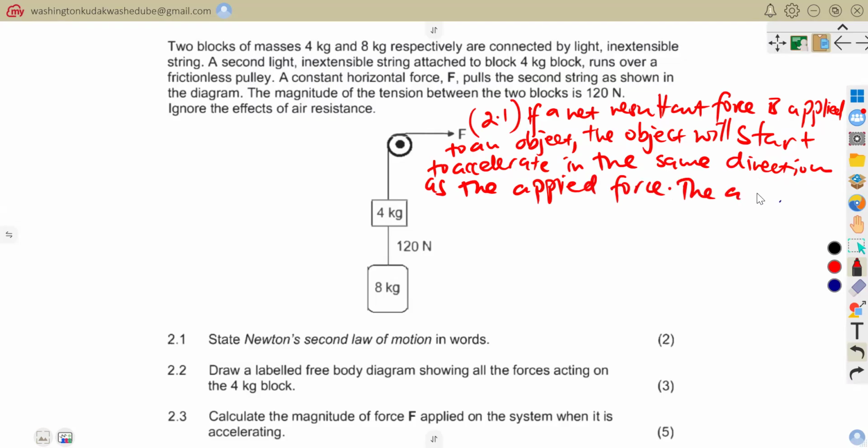The magnitude of the acceleration, let's just say the magnitude or else the size, of the acceleration